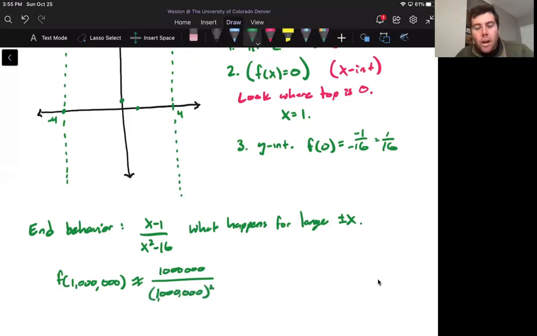We ignore this 1 and the 16 for this guess, because 1,000,000 minus 1 is still pretty close to 1,000,000, and 1,000,000 squared minus 16 is still pretty close